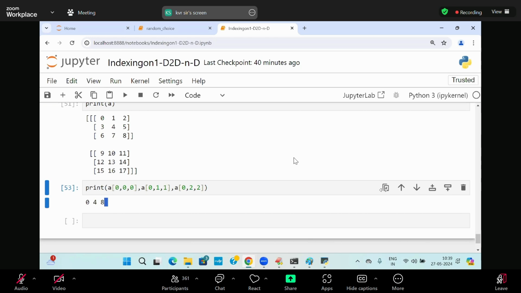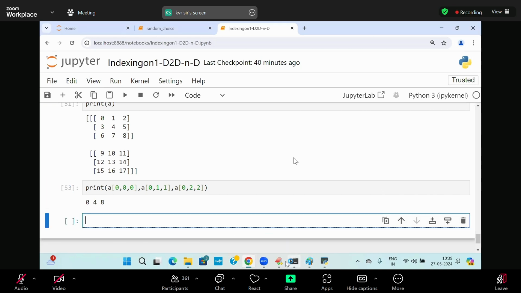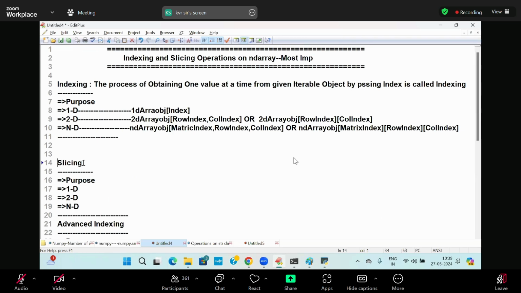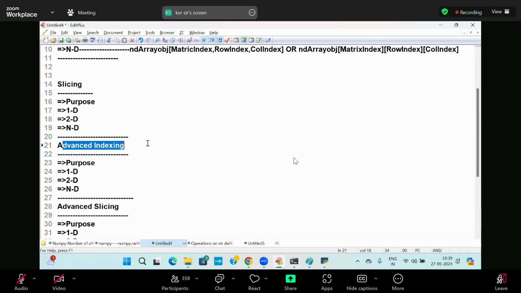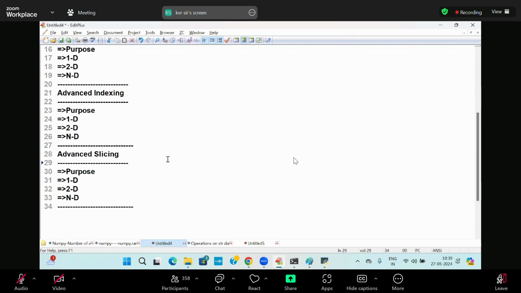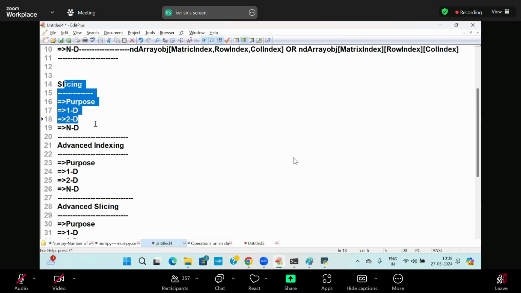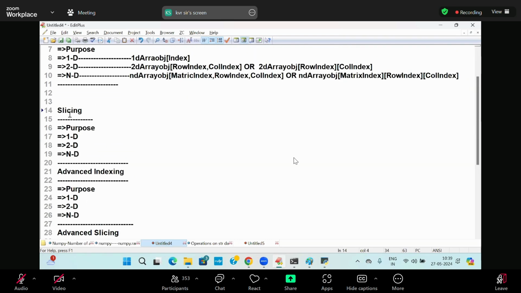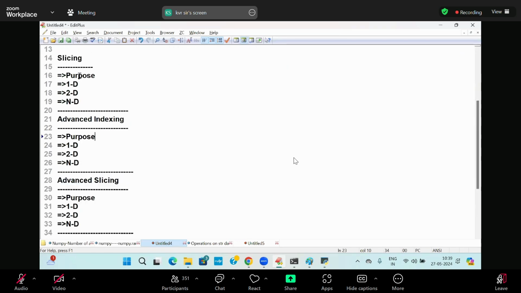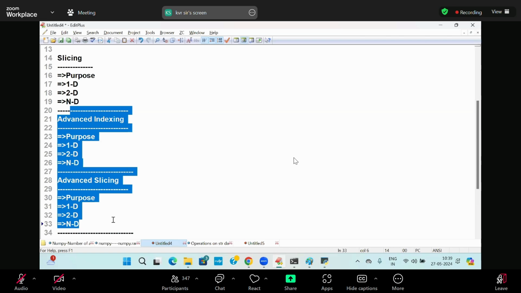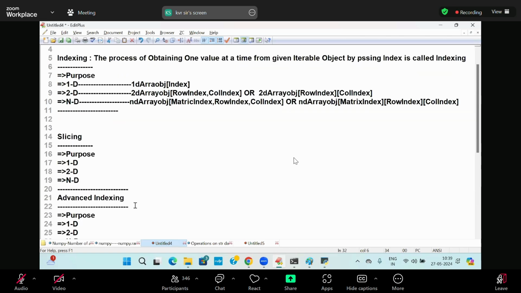Okay, Sairam, right. So tomorrow's class, I'll move to another concept called what? Slicing of which one? ND array. Under slicing, what will come next? Advanced indexing, advanced slicing also will come. That is a complicated concept. Tomorrow it is going to be complicated. Don't miss tomorrow's class. Very, very important. These are very, very easy. When you come to slicing, it is a little complicated. That's why I'm explaining advanced indexing, advanced slicing. Here only complication will start. Here only very, very dangerous formulas will come. You have to remember that. Don't miss tomorrow's class. Thank you,